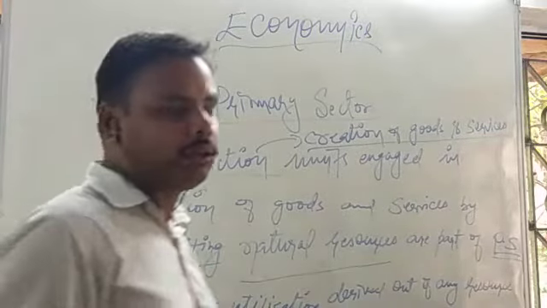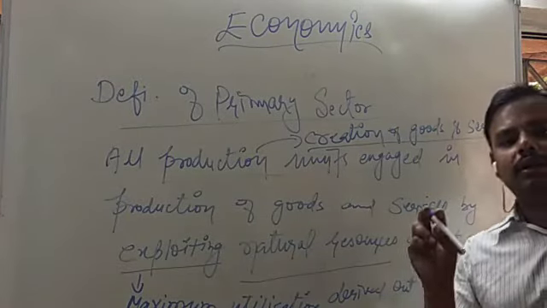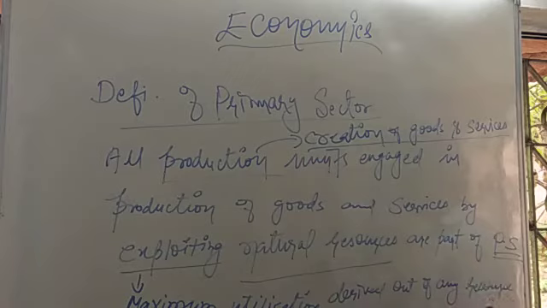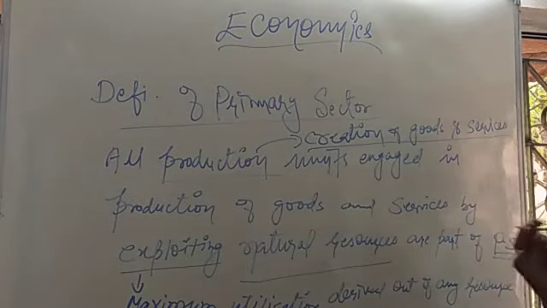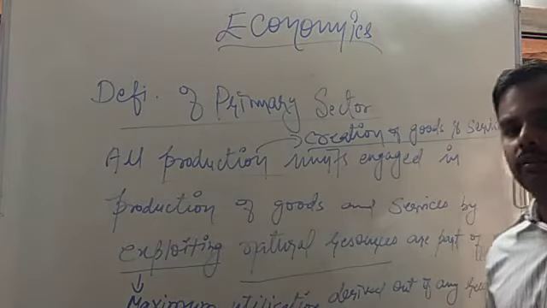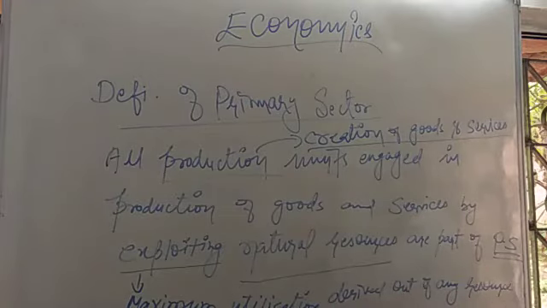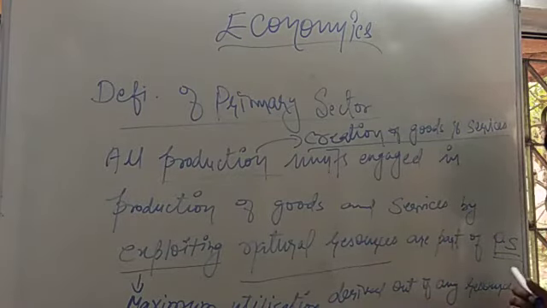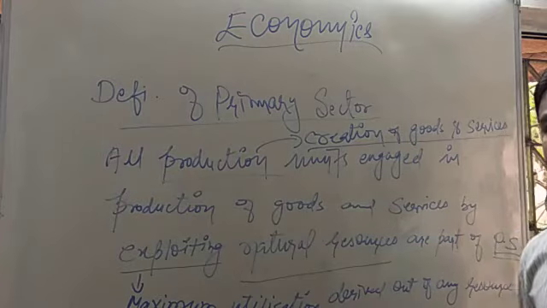Now utilization again is an economics word. It means want-satisfying capacity of a good. Utility means want-satisfying capacity of a good. The moment you purchase something, unless and until you are satisfied, you will not purchase it again. So in order to purchase it again and again, your utility level should increase, as per the quality and the price of the product. So exploiting here means maximum utilization derived out of any resource. If we are not deriving satisfaction, that means we are not using that product in the best possible manner.